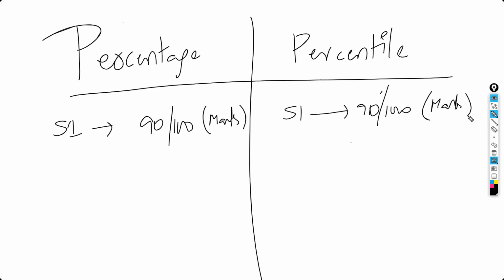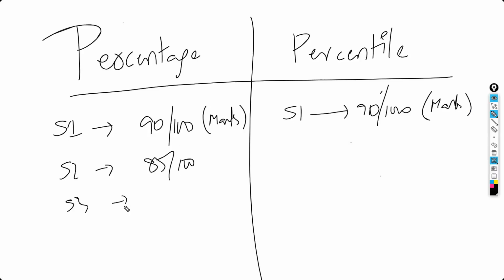Now, what is the difference between percentile and percentage? What is the percentage here? 90 percentage. Then what is the percentile? Here you have to know how many people are below them. Percentile is not calculated for an individual person. Percentile is calculated for a group of people. When a group of people is there, percentile will be calculated, not for an individual. For example, student 1 has secured 90, so his percentage is 90%. Student 2 is there, 85 out of 100.